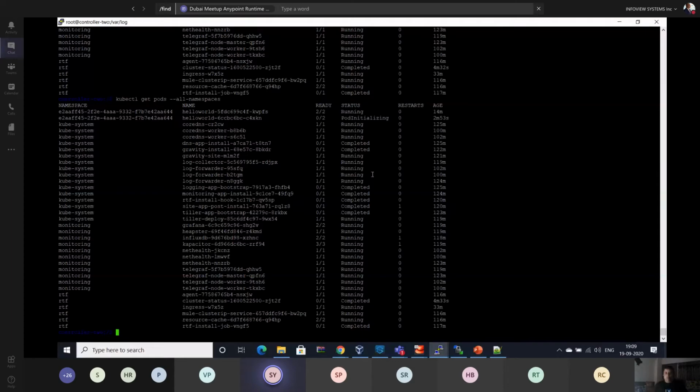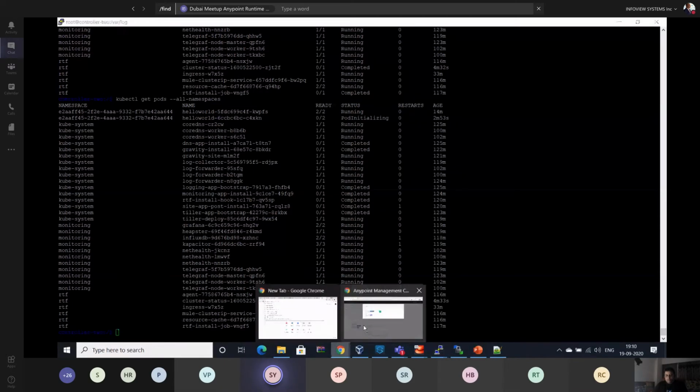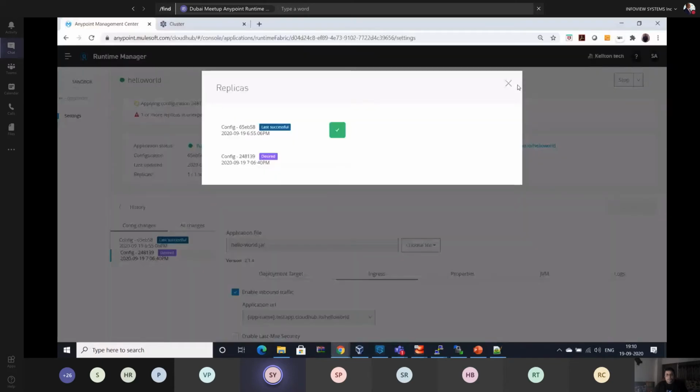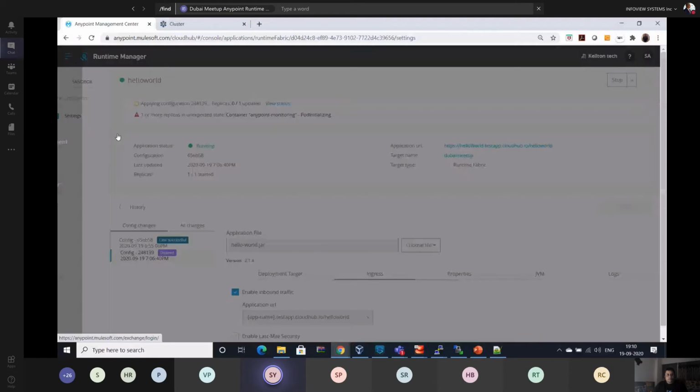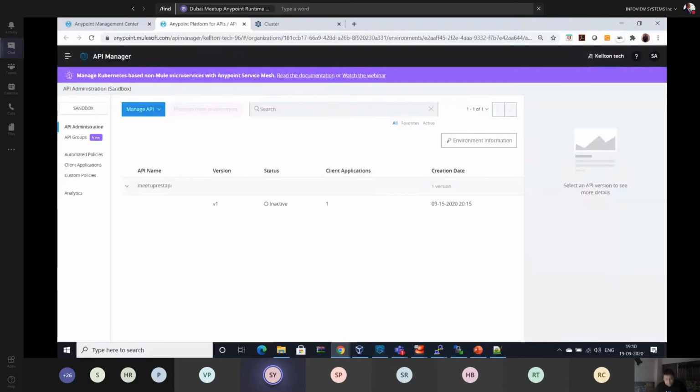Application of policies on the APIs deployed to this Runtime Fabric, right? Basically, internally they are in Kubernetes. So we need to have the API Manager and apply the policies on each of these APIs inside the Anypoint Platform. Now the question is, let's say one of my process APIs, process API A, which is in my Kubernetes local environment, wants to call another process API B. It is just an internal call between two process APIs within my cluster. I don't need to go external or use the ingress component here.